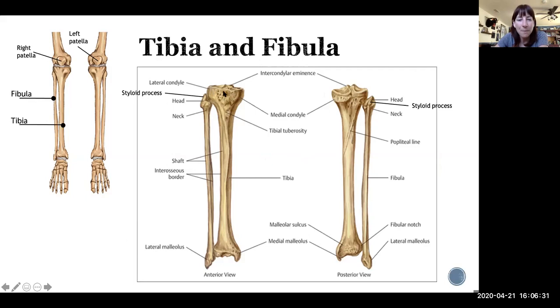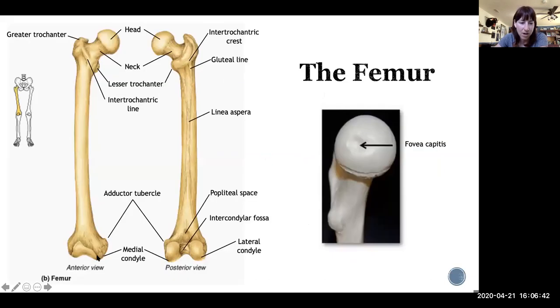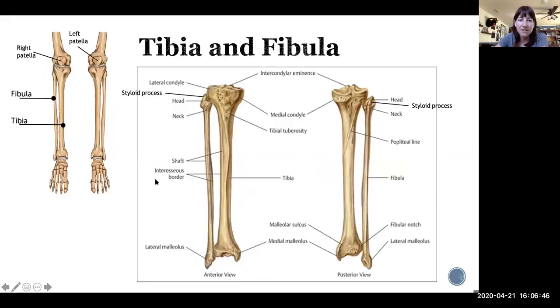So up here at your knee joint, remember those condyles, the medial and lateral condyle of the femur? These monstrous things here. The medial and lateral condyle fit just right into these little cups right here at the top of your tibia. Isn't that nice? And in between those two facets or fossae,